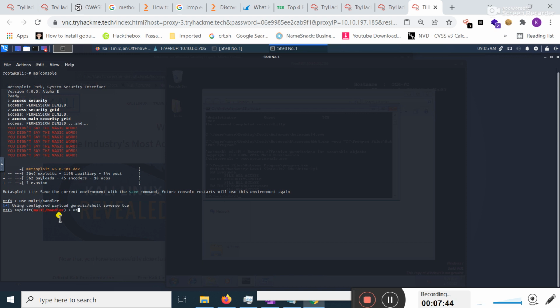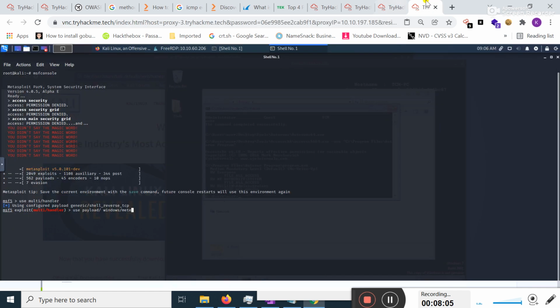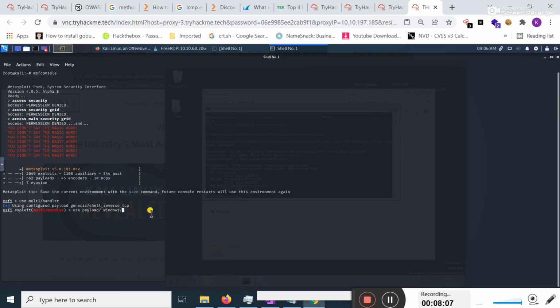Again I typed set payload, and I typed windows/meterpreter/reverse_tcp. I copied this from here, moved to my terminal and pasted this command here. Hit enter.